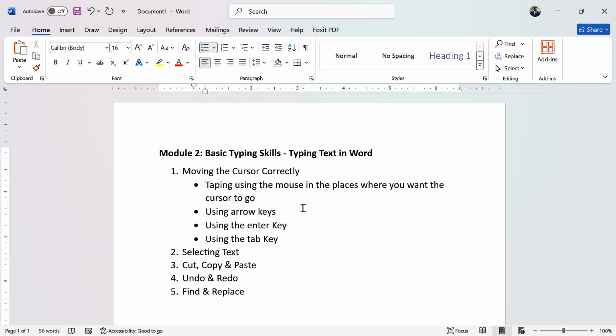When, for example, the cursor is at the beginning of the word mouse, and you hold Control plus the right arrow key, it jumps over all the letters in the word mouse and goes at the end. When it is at the word in, and you tap Control and then the right arrow key, it jumps the word in and goes at the end.